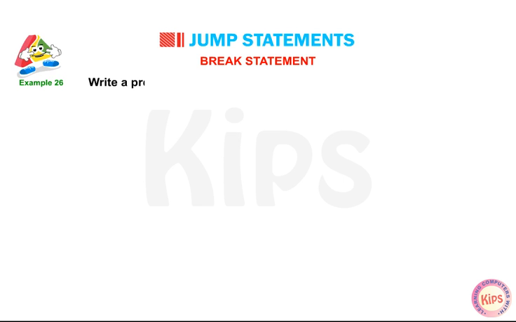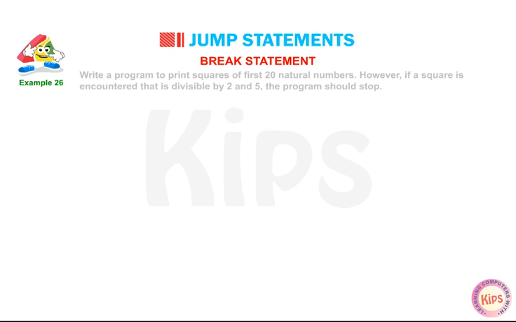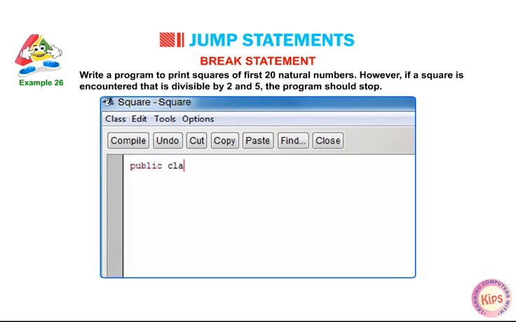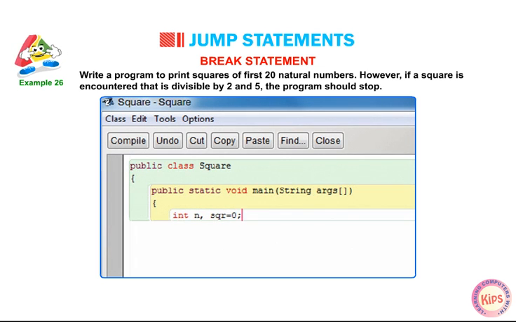Example: write a program to print the square of the first 20 natural numbers. However, if a square is encountered that is divisible by 2 and 5, the program should stop. public class Square { public static void main(String args[]) { int n, square = 0;